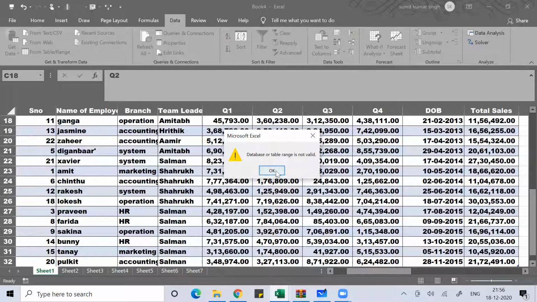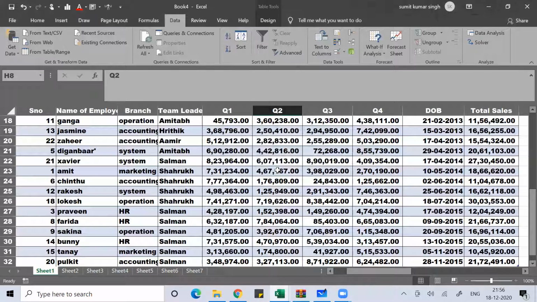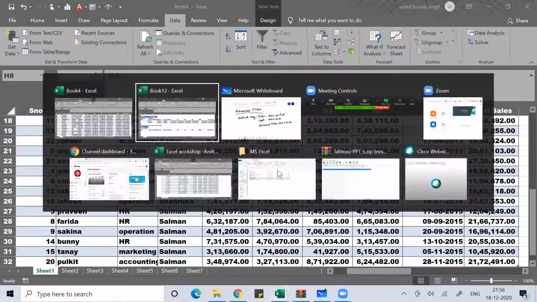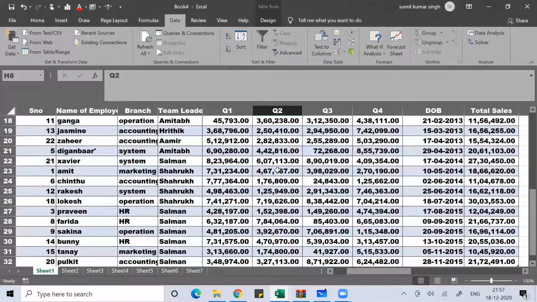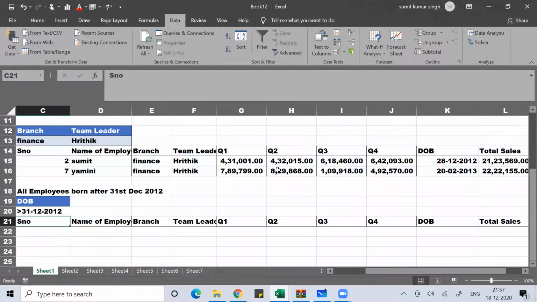So database or table range is not valid. So some mistake I'm doing while putting the date. One minute.